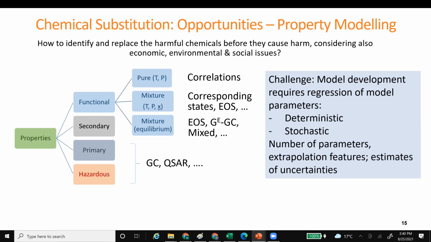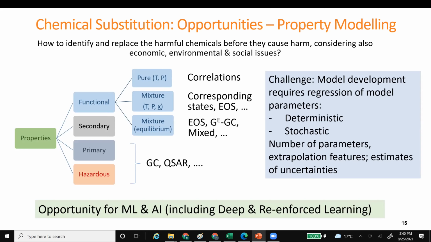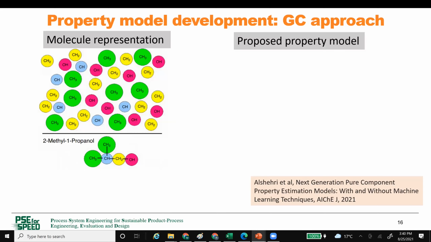People who are interested in deep learning, machine learning, and AI have a good opportunity in this area. Machine learning and AI, including deep and reinforcement learning, can be used to generate this kind of models. I'll give you an example of our work. We have generated